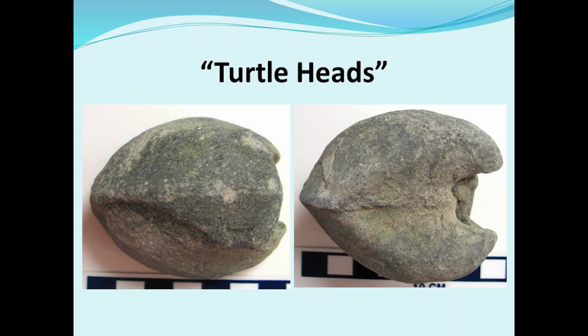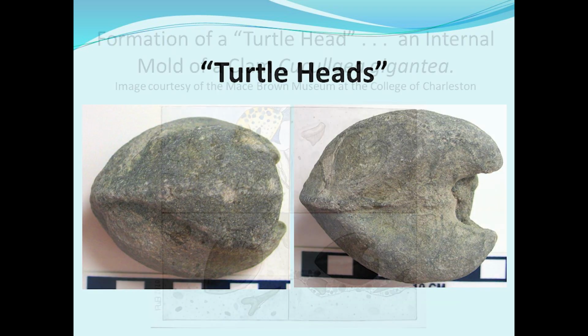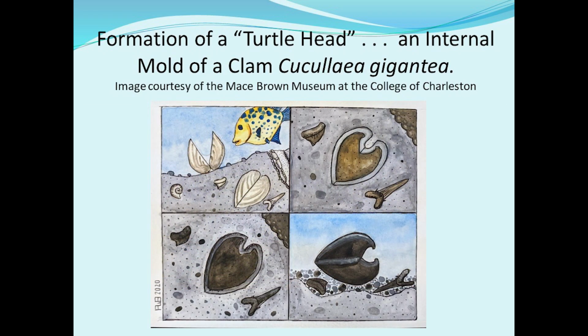So, when you start trying to find those things on the turtle heads, they're not there. They're not turtle heads. I saw this being displayed earlier on somebody's display. This was created down at the Mace Brown Museum of the College of Charleston. What happens to make turtle heads